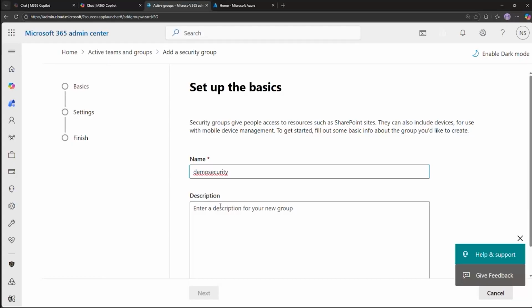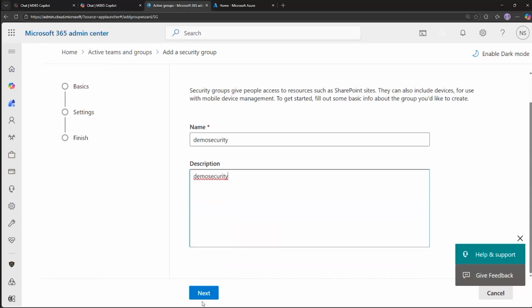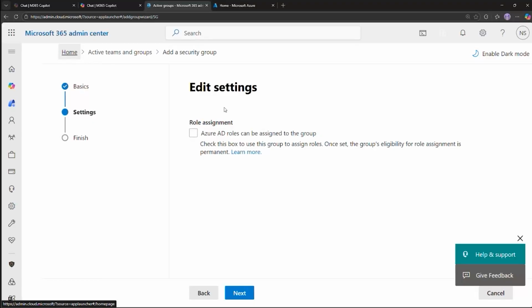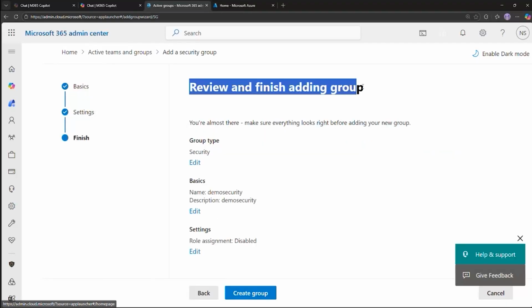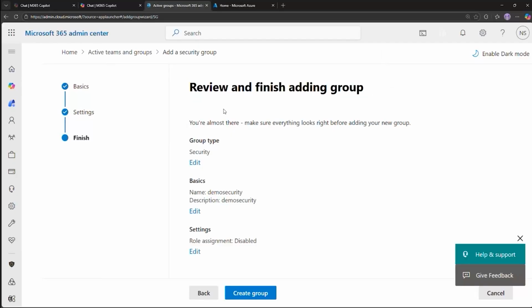And followed by the description if you want to add any. Then you can go next, and here you can select role assignment. Whether a role can be assigned to this particular group or not, this is what you can decide here. And then once you're done, this is the review page, the final page, where you can find the entire settings available